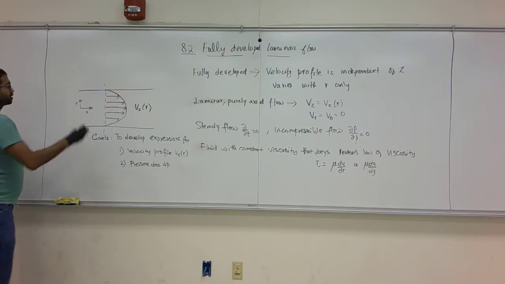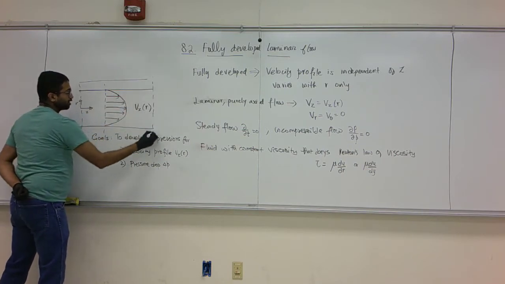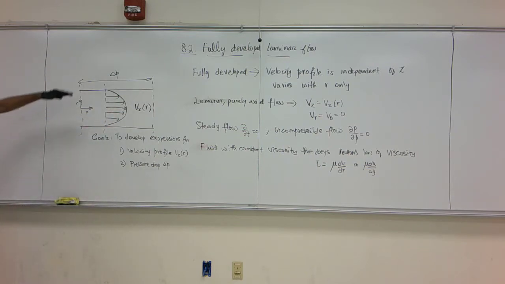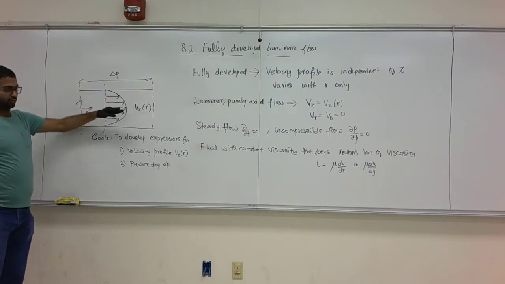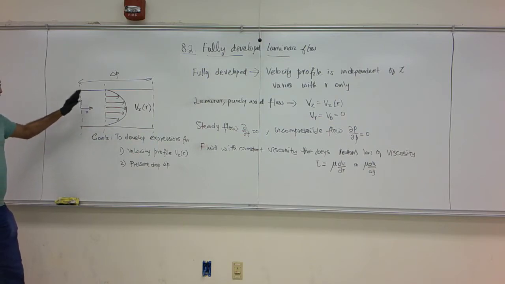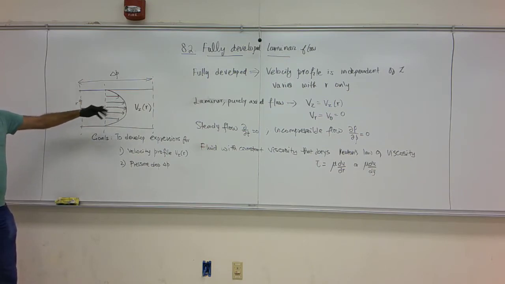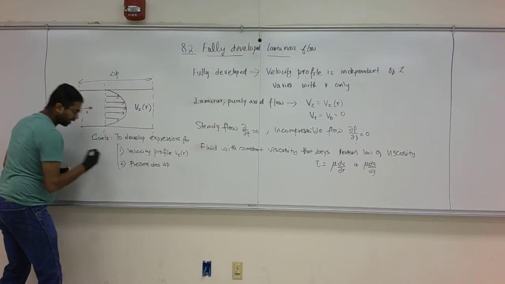And for the pressure drop, that is, if the fluid flows across a length, in the previous lecture we saw that there is a pressure drop because shear stress at the wall propagates inwards and steals kinetic energy from the flow, which causes the pressure to drop along the direction of the flow. We are going to derive an expression for the pressure drop in terms of the quantities that we know from the flow: the average velocity, the diameter, the length, and the viscosity of the fluid. So if I clear this picture and redraw it, I'm going to keep reminding myself that this is what I want to do.